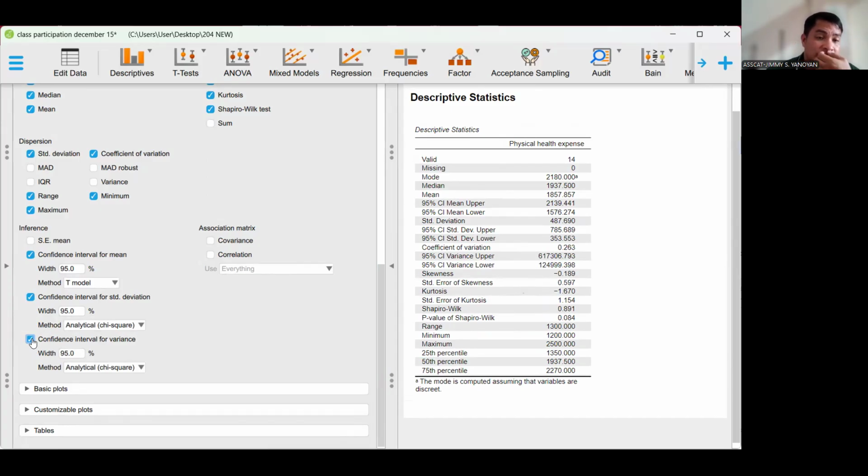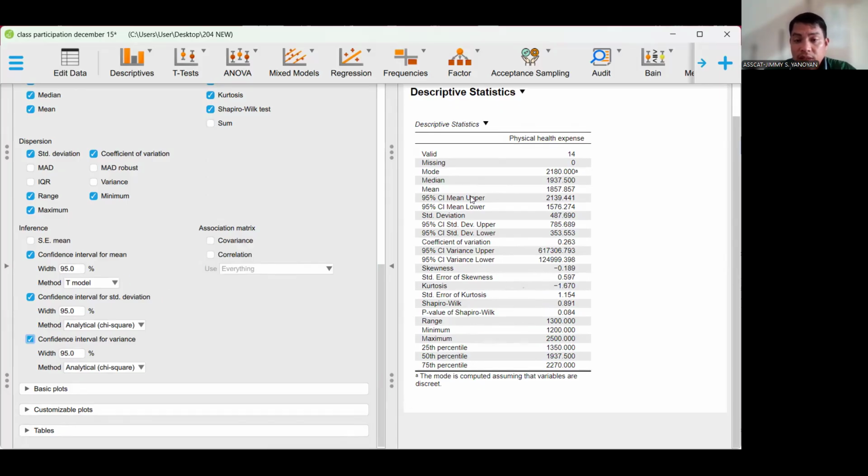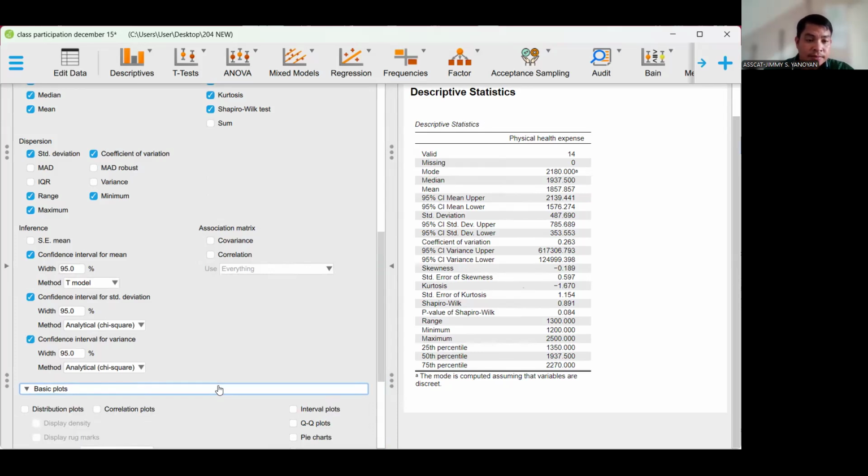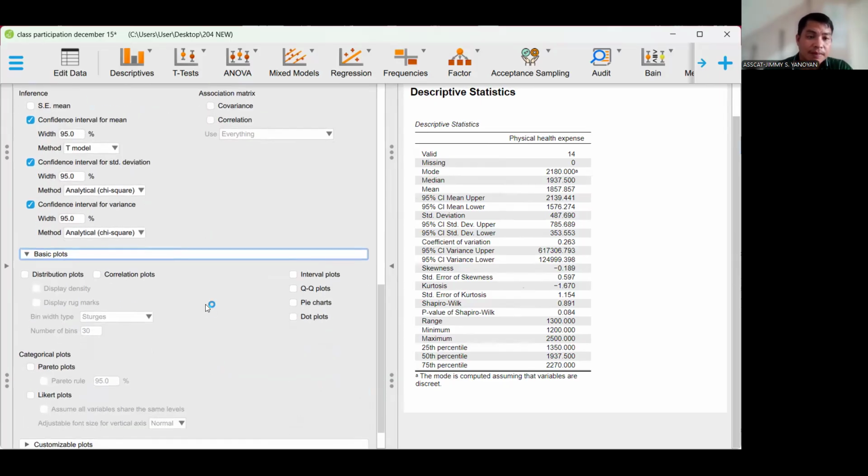In the JASP software, it is already automatically set to the 95% level of confidence. So we can see also here on the right side the confidence level.